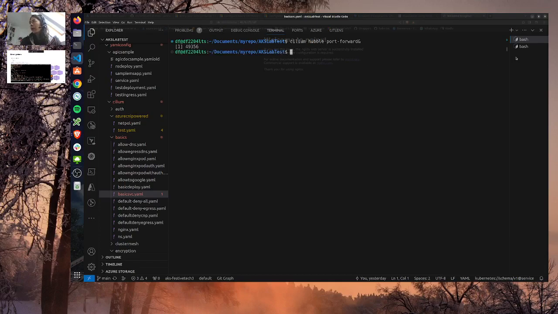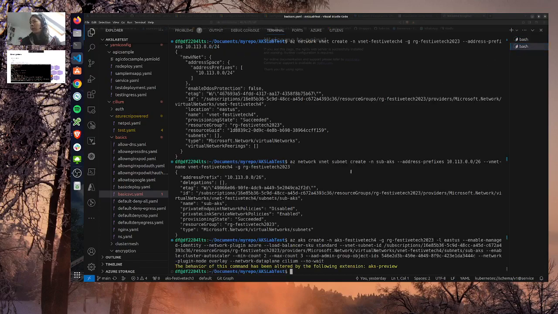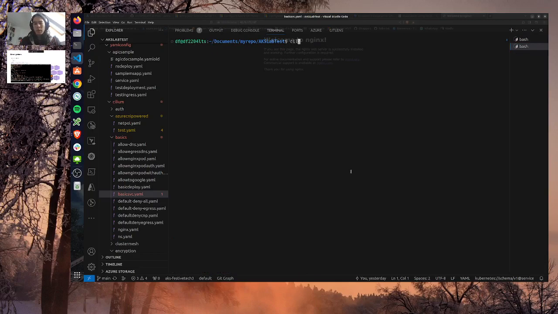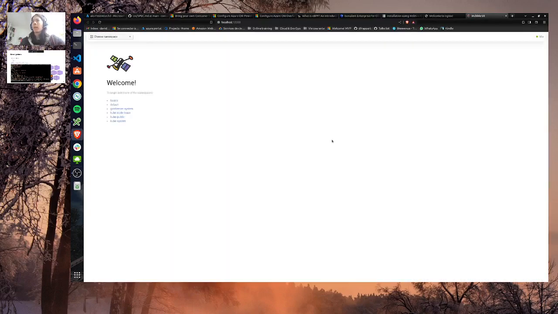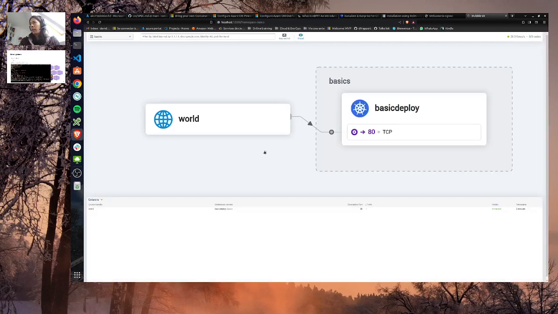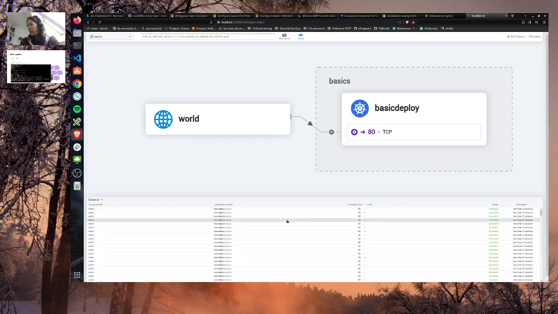And now I can do on this side Cilium, and it will probably open a new window. Perfect. And you can see here my basics, and you can see for now that the traffic is working as it should be because I've not blocked anything yet.